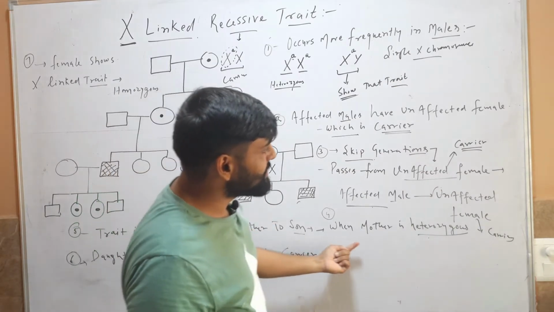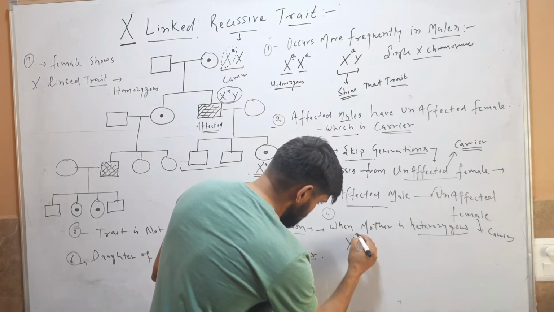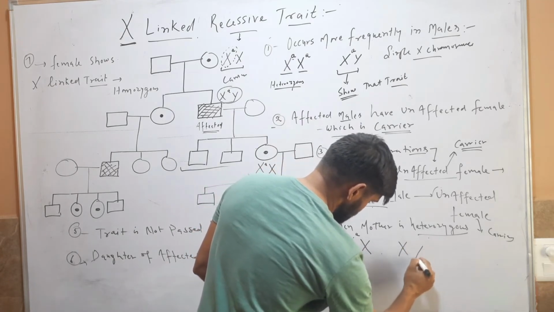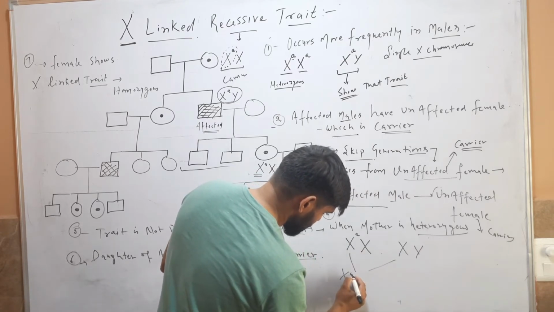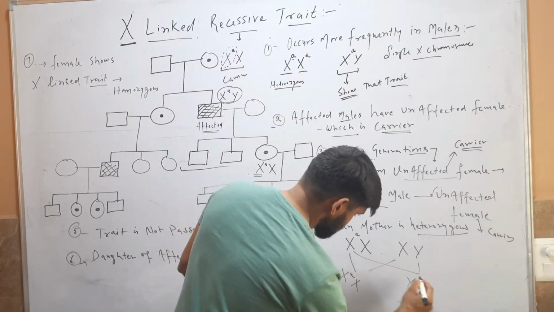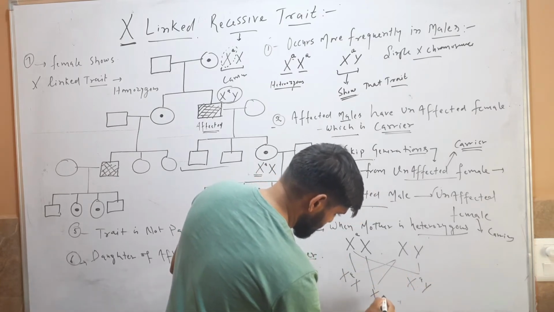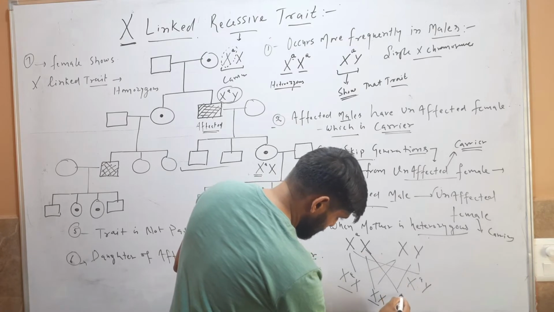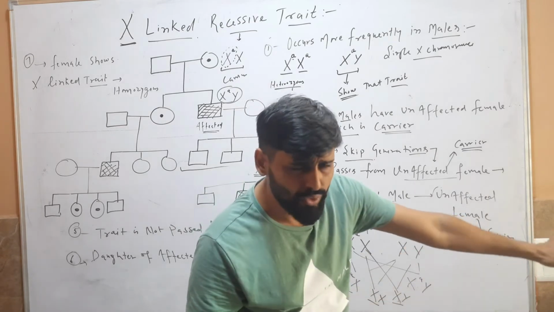Next one is when the mother is a heterozygous female carrier. Suppose this is the mother, a heterozygous carrier, XAX, and this is a normal male, XY. So when the female, or you can say the mother, is heterozygous and the male is normal, the male does not